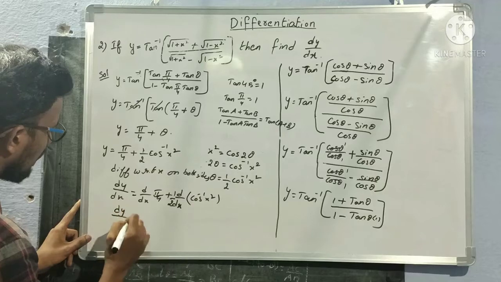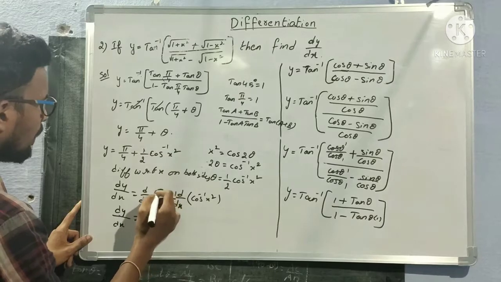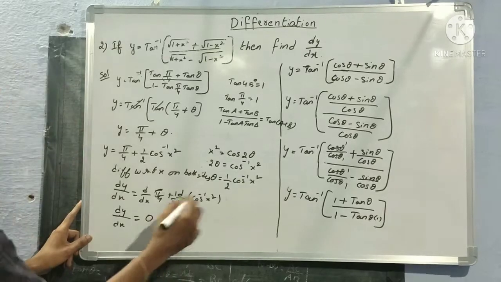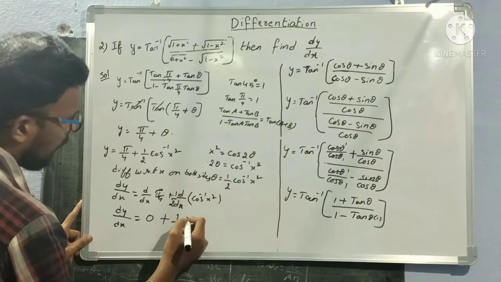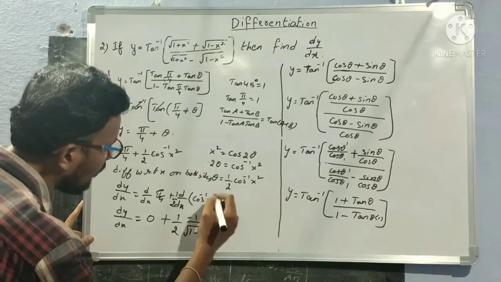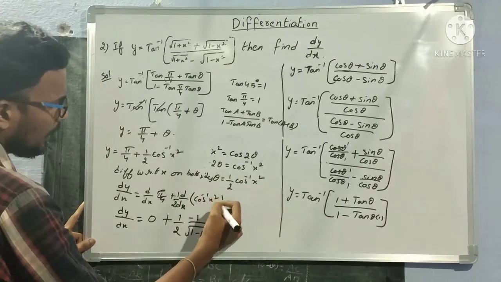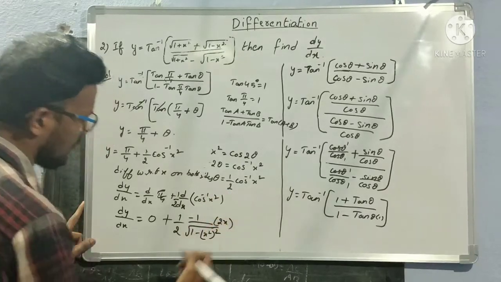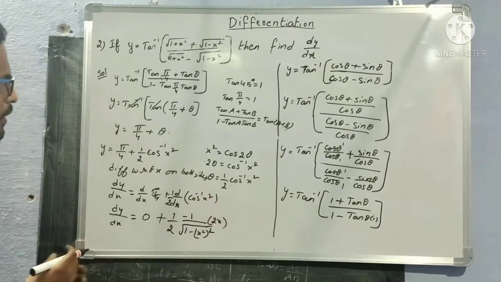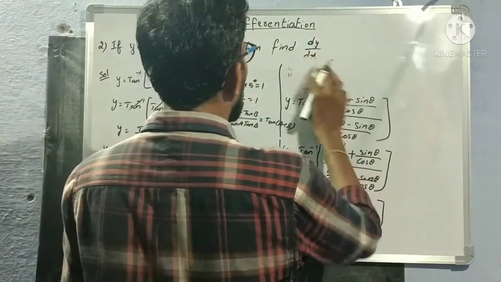So now dy by dx is equal to d by dx of pi by 4, sorry, I should not write like this. D by dx of pi by 4 constant is 0 plus 1 by 2 as it is, d by dx of cos inverse x is minus 1 by square root of 1 minus x square. So in place of x we have x square, so x square whole square. Again we have to follow the chain rule here. So already x square is there, so d by dx of x square is 2x. So first we do cos inverse x differentiation, afterwards x square differentiation simultaneously. Okay, so this is what we are left with. So now only 1 or 2 steps left. Now let us continue.